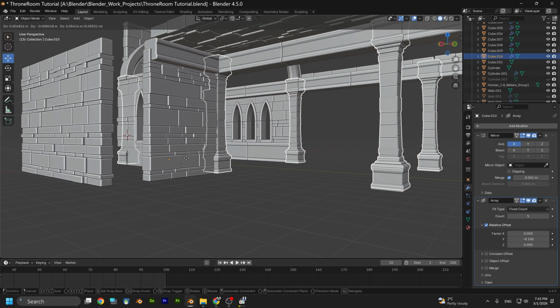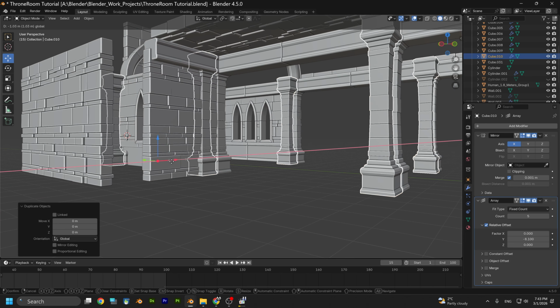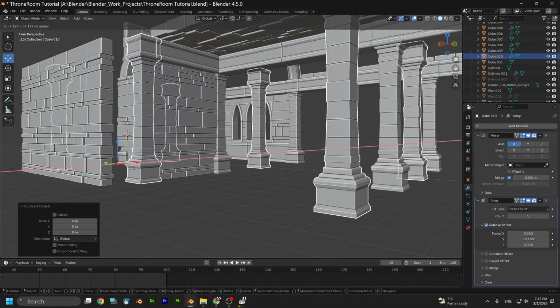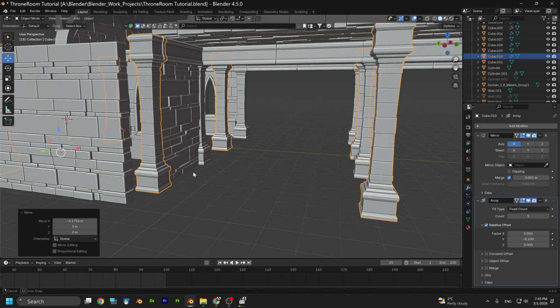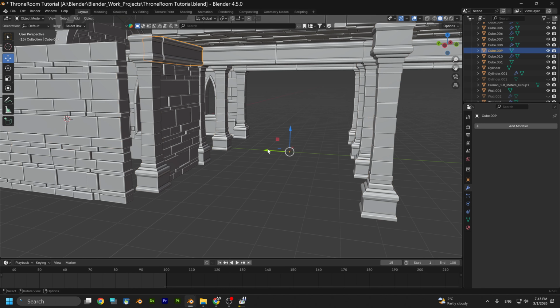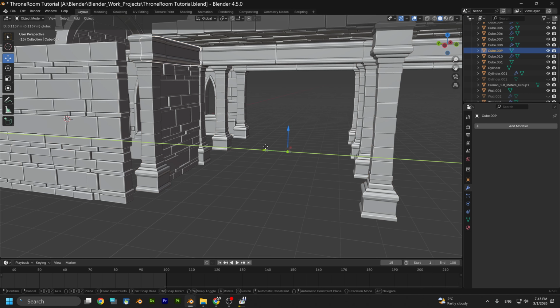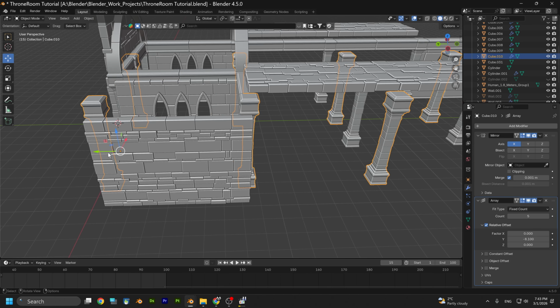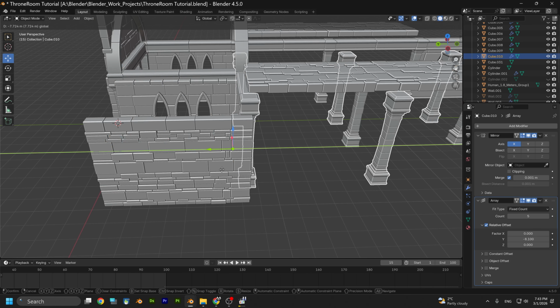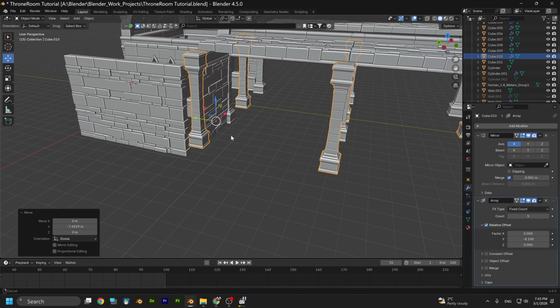Now we can Shift and D, and let's move these pillars here. This should be a little bit in. So we move this here,